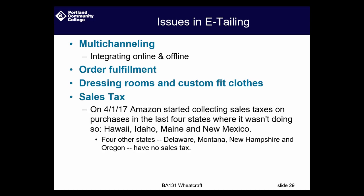Okay, as I mentioned a couple slides ago, Amazon has taken on the sales tax issue since the government was not addressing it, had not stepped up to the plate. They finally said, okay, we're just going to start charging sales tax everywhere. Now, they started initially with a few states that were complaining the most, and now they have done it to all the states